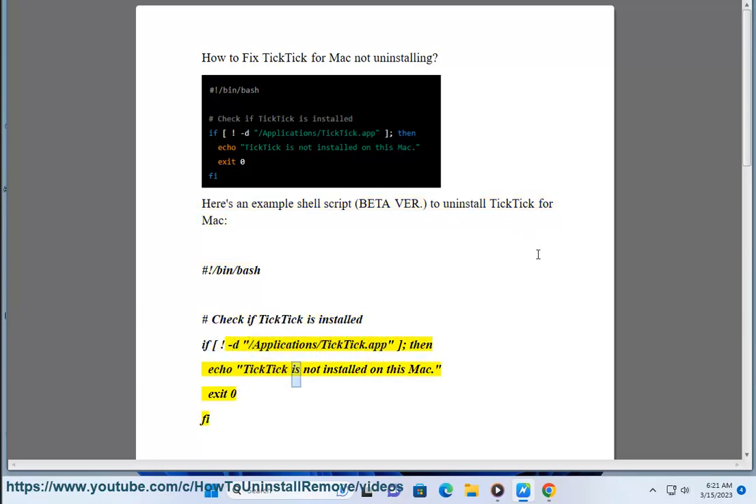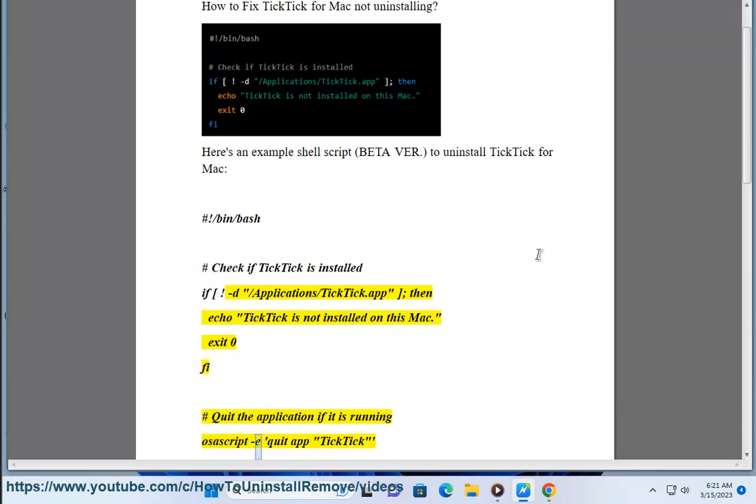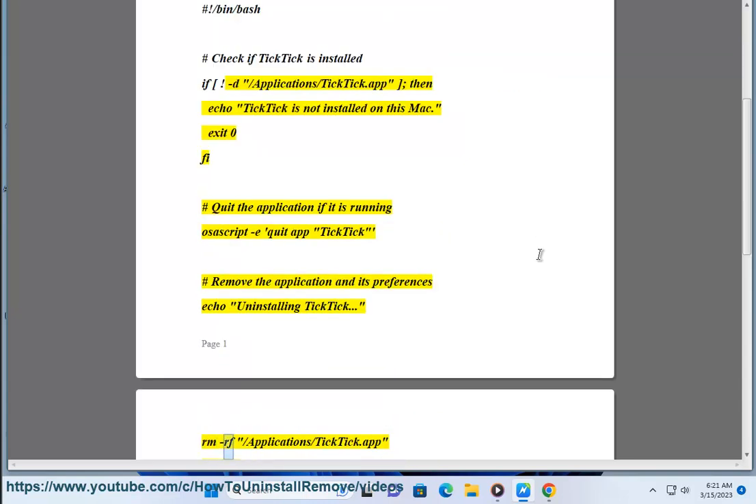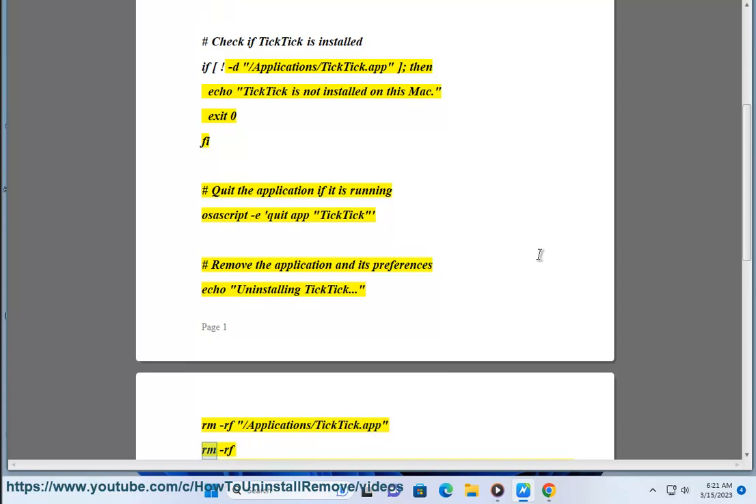[ ! -d /Applications/TickTick.app ], then echo "TickTick is not installed on this Mac." exit 0. # Quit the application if it is running: osascript -e 'quit app "TickTick"'. # Remove the application and its preferences: echo "Uninstalling TickTick." rm -rf /Applications/TickTick.app